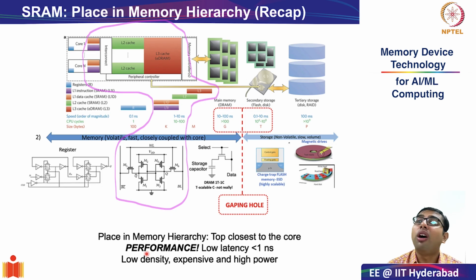And since the focus is on performance, we have spoken about the trade-off between latency and power consumption, and also latency and area. So you have to, of course, be a little bit more relaxed about a few other considerations. Therefore, the memory density of SRAM cells, as we also saw in the previous class, is quite low. So you have low density, and as a result, you are only able to accommodate kilo to megabytes of L1, L2 and L3 cache.